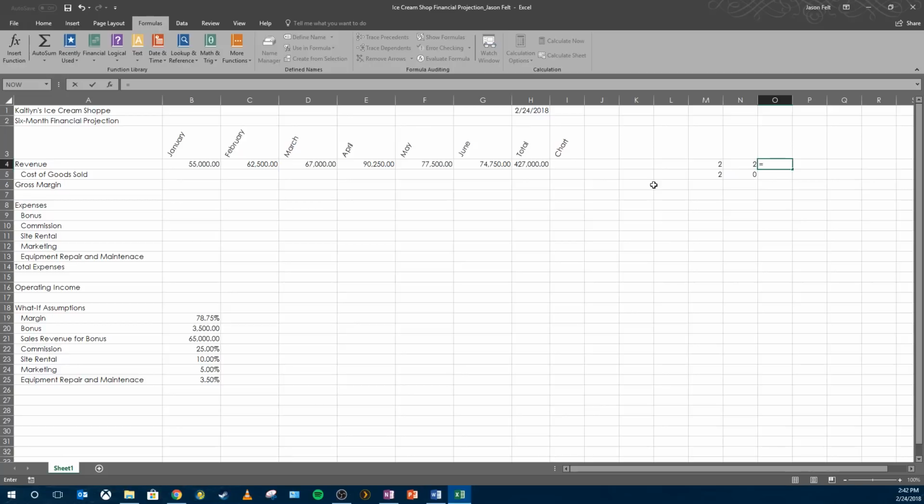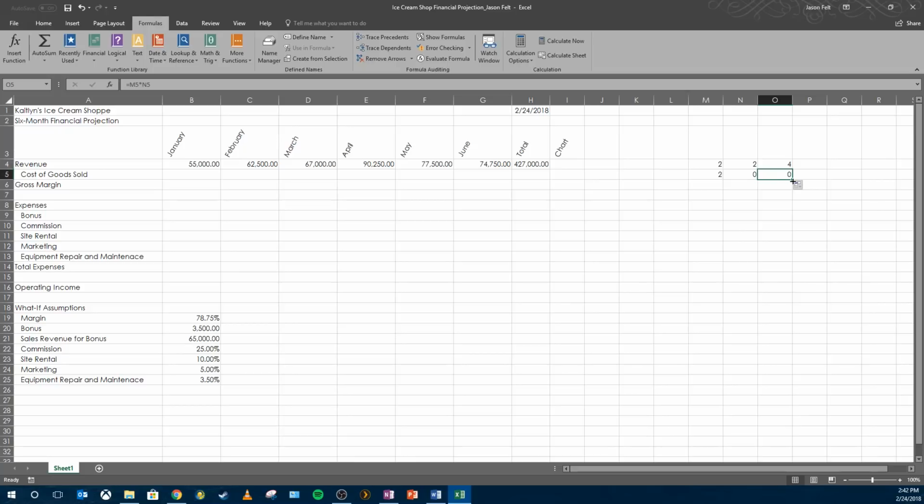We're going to do a product here. M4 times N4. That equals 4. Because these are relative cell references, if I move this down, it copies this formula down, so 2 times 0